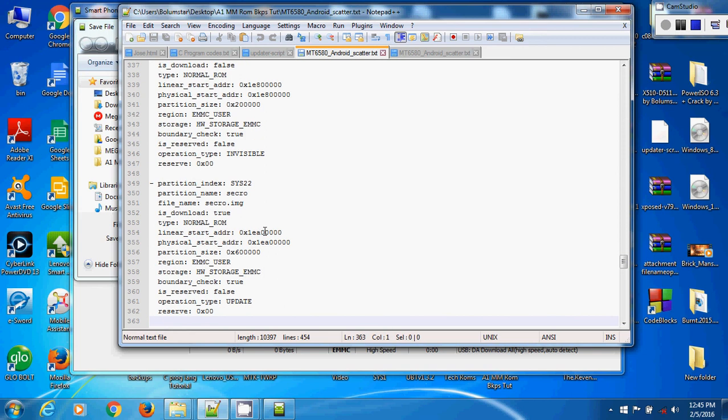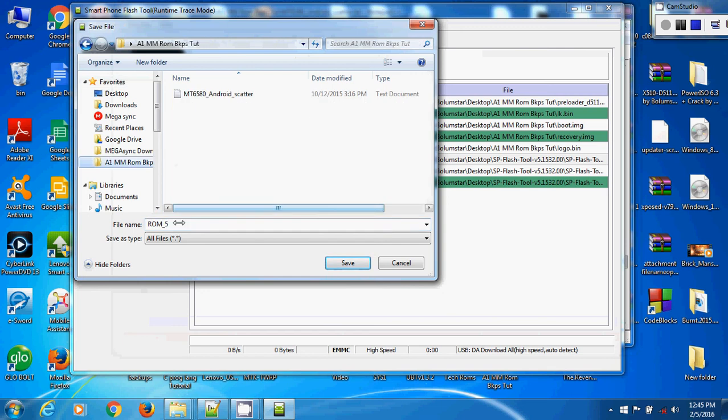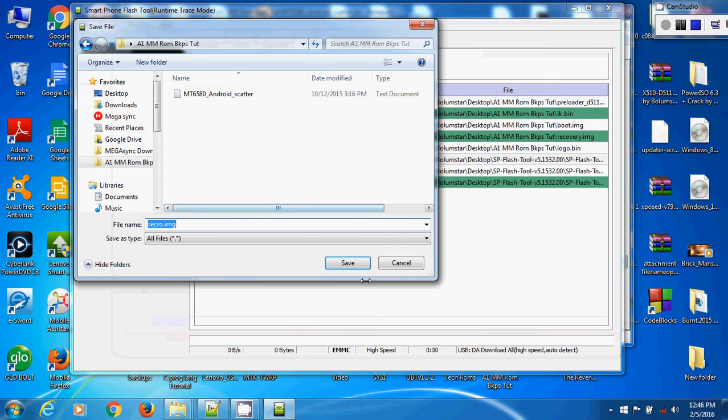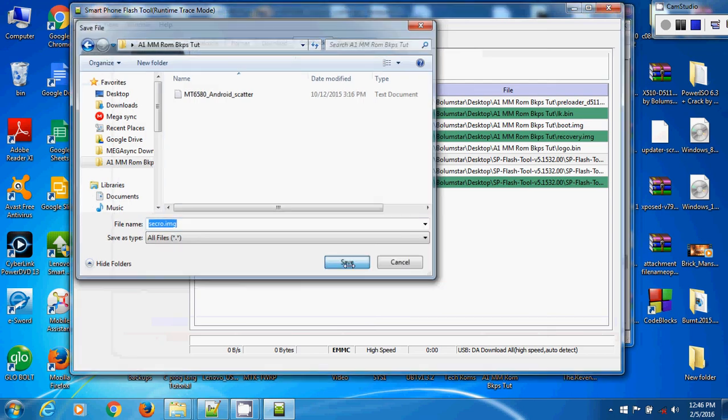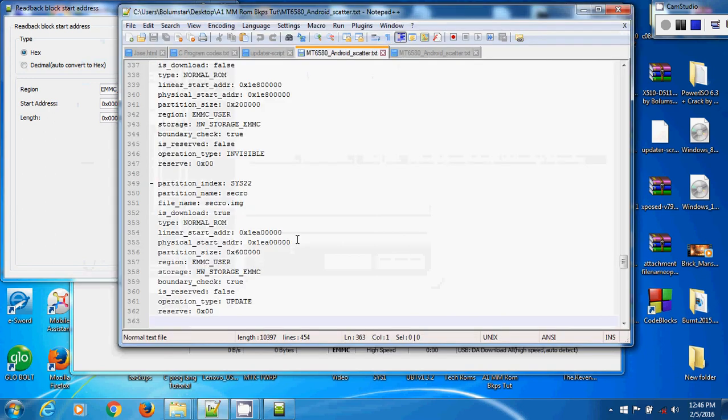That's an image file. So we'll go to the folder that we want to put them in, and Secro, hope I got the spelling, .img. Let's confirm. SECRO. Yeah, I got the spelling right. Whoa, I'm a genius. Okay, so what we do now is, as usual, my usual way,